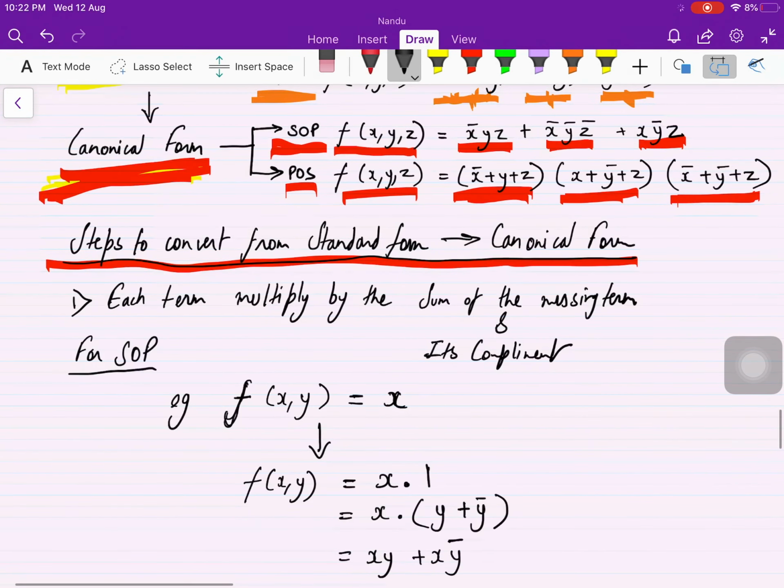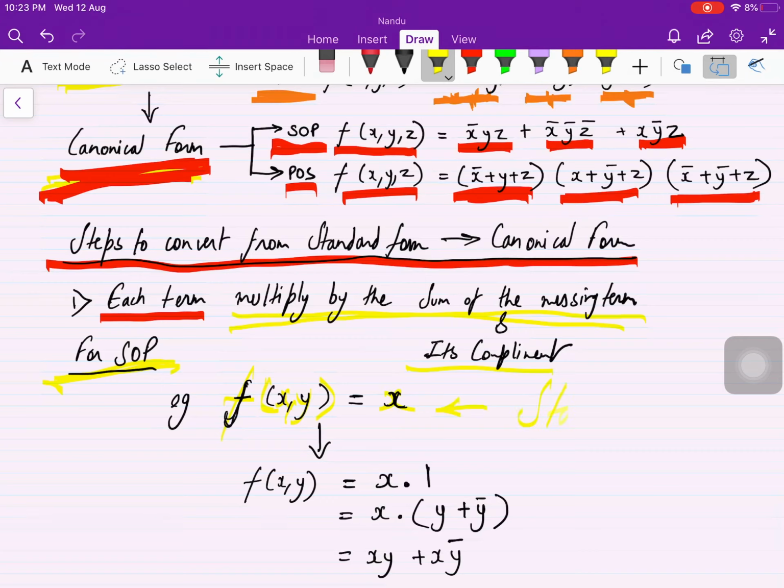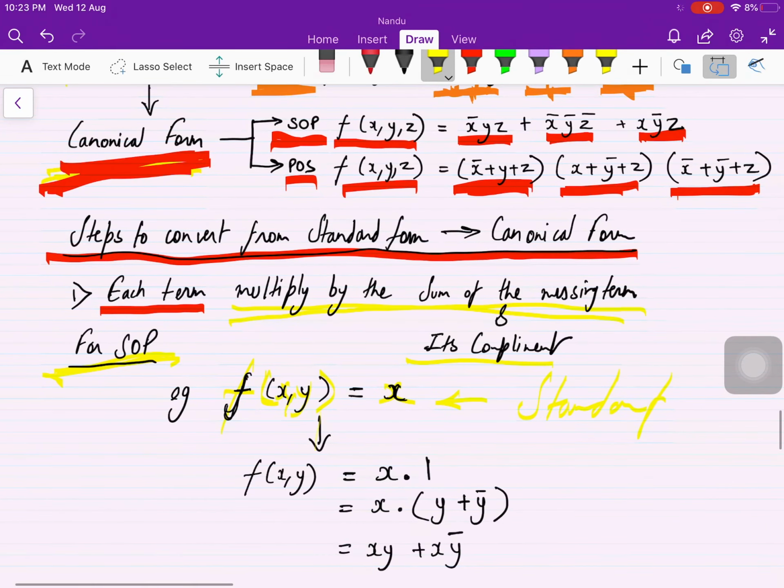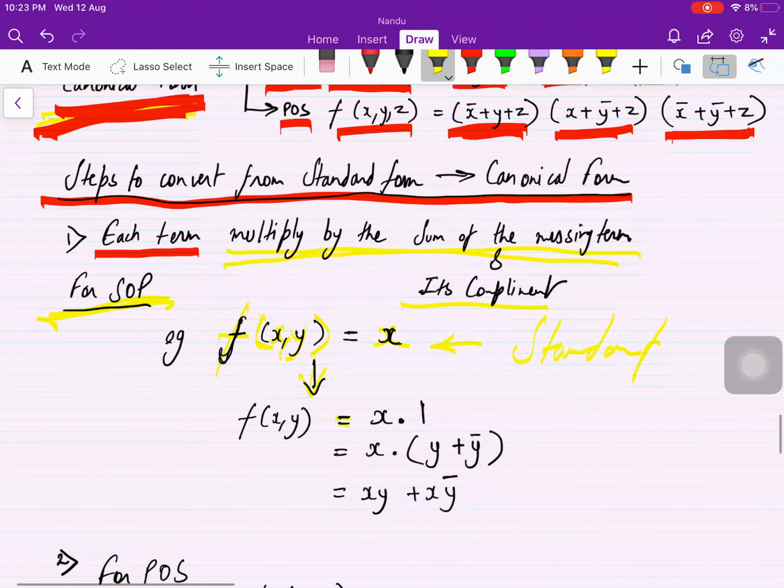Okay, so the step is: each term which is there, multiply by the sum of the missing term and its complement, for sum of products. So if there is a function consisting of x and y, and the answer is x, clearly you can see this is a standard form. Now I want to convert it into canonical. Okay, so what we do is,